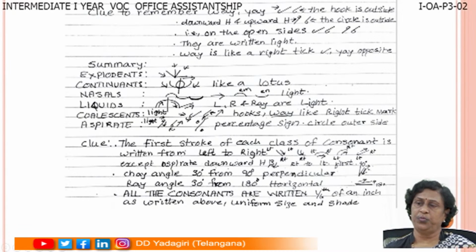Now, except for the aspirate. For the aspirate, first you're going to write the downward edge, isn't it? So that downward edge is written from right to left. This is the only one which is written right to left. In the rest of all the consonants in any classification, the first consonant is written left to right. So this is a clue for you all to remember while writing. And the downward edge is written right to left and the upward edge is written left to right. Now, Che angle is 30 degrees from the